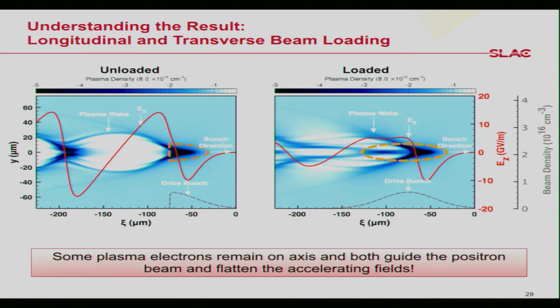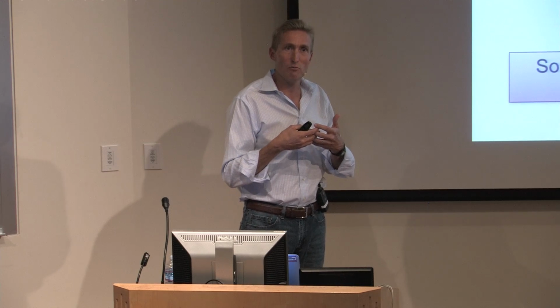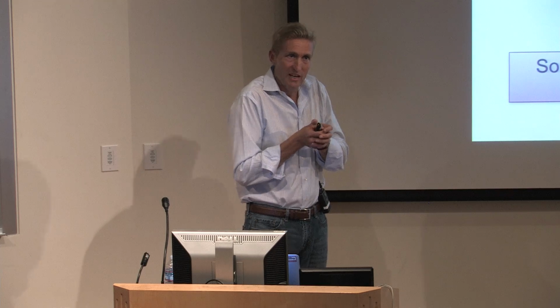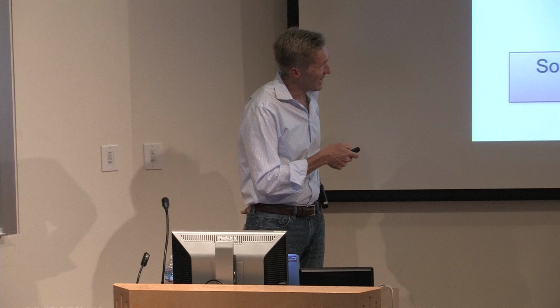But some of the plasma electrons would actually stay on the axis. They were mutually attracted to the positron beam. And what would happen is just enough plasma electrons would co-propagate with the incoming positron beam so that now the forces, the positron beam by itself would like to naturally defocus. The plasma electrons would like to make it focus. And so it turns out these two things would settle into an equilibrium state where they would propagate in a condition where they didn't want to defocus, didn't want to focus very much, and they were guided along the entire